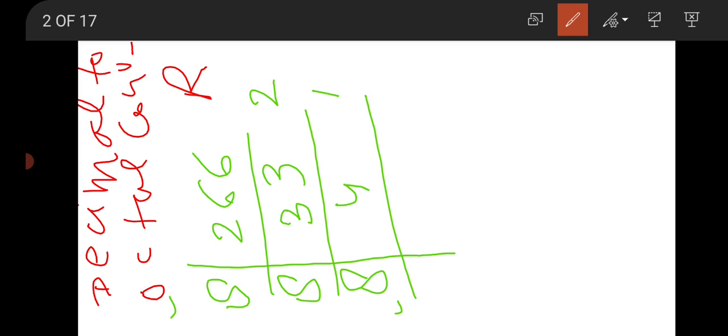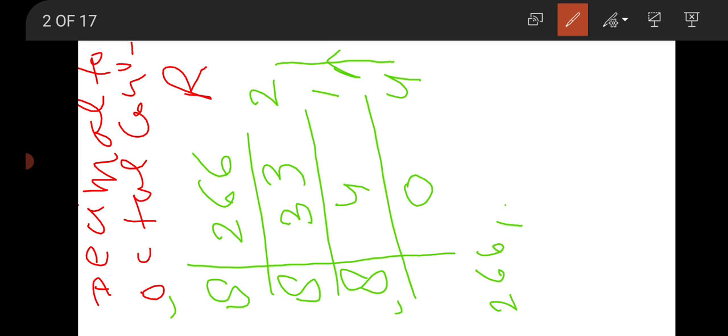When the number becomes smaller than the base, that means the remainder is the same number, that means 4 is the remainder. If we are going to divide it by 8, 8 times 0 gives 0 and the remainder will be 4. And we have to write these remainders from bottom to upper, in the bottom to upper direction.